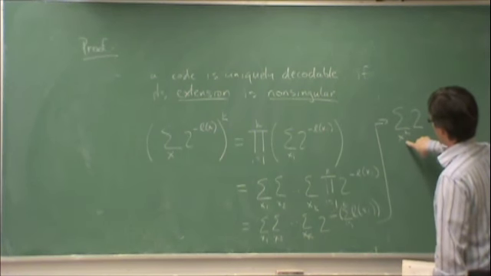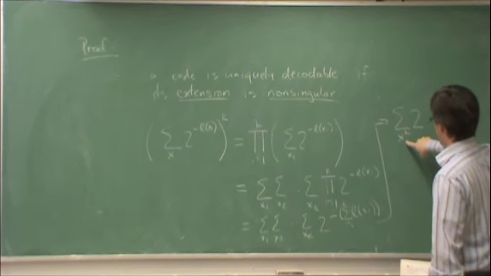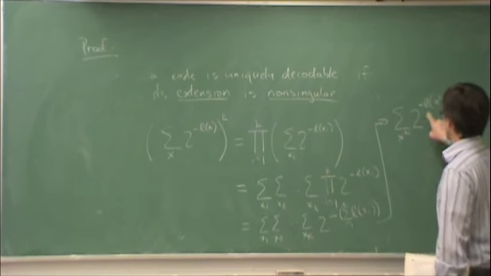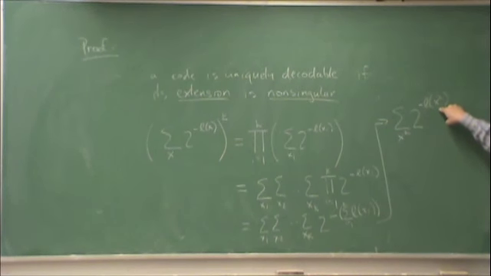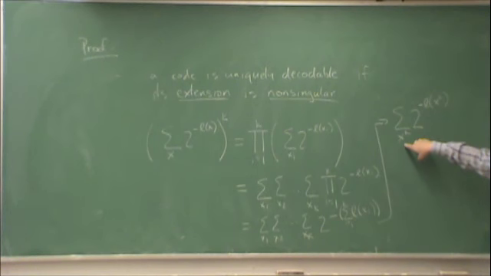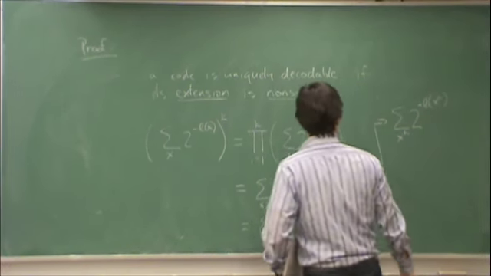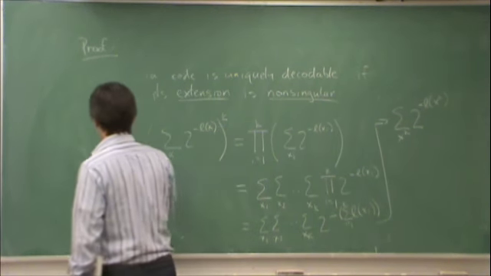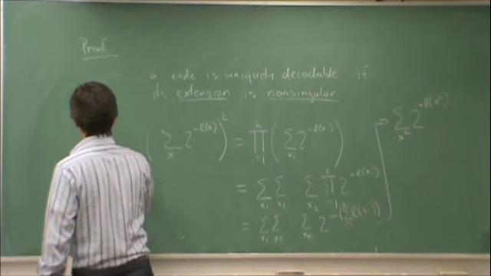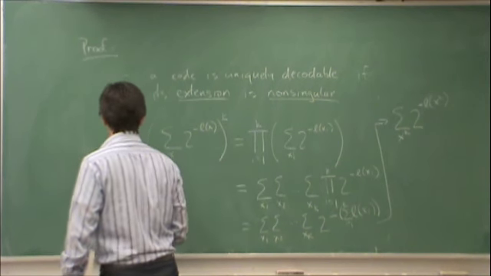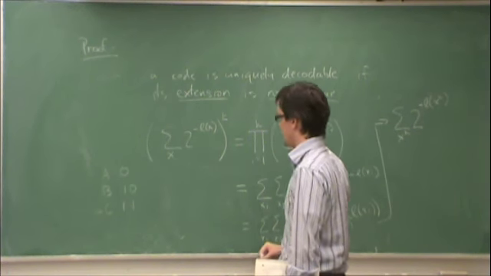Sum over all vectors x, all k-fold vectors of x, 2 to the minus L of x^k. So this would be the length of the code word extension for the vector of length k that I'm summing over down here. It might help at this point to have a little example. So for instance, if I take a two-fold vector